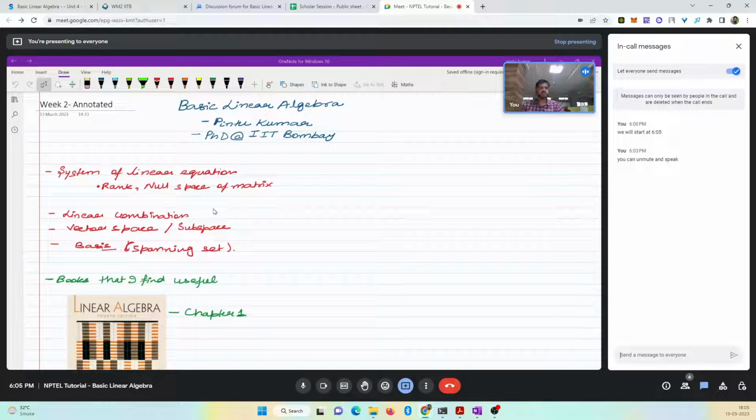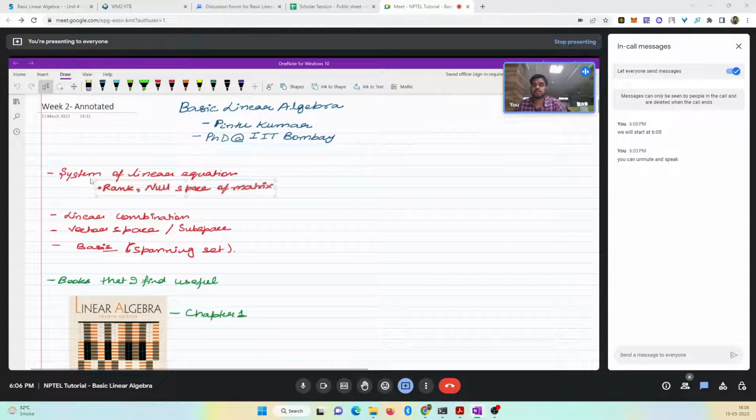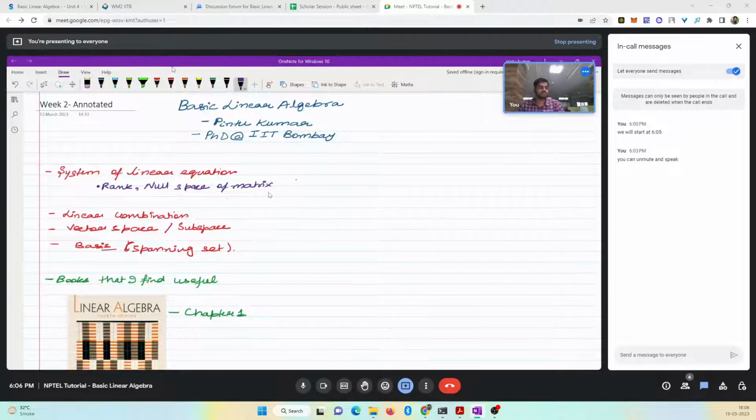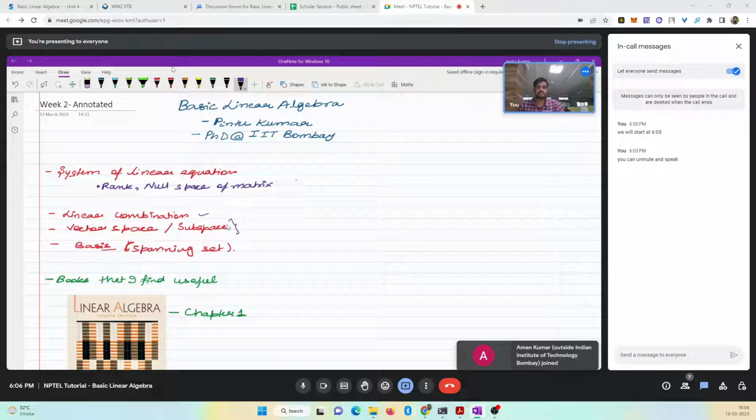This would be a tutorial session, so we will be discussing more and more of questions rather than looking at theory. The topics that I intend to cover today include system of linear equations, including rank and null space of a matrix. What do you mean by linear combinations and all? I will do many examples of vector spaces and subspaces, and also we'll talk about basis of a vector space